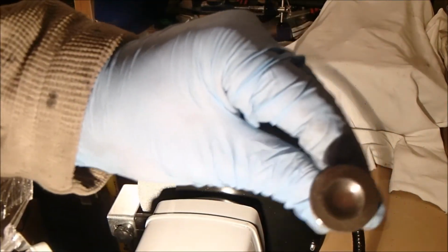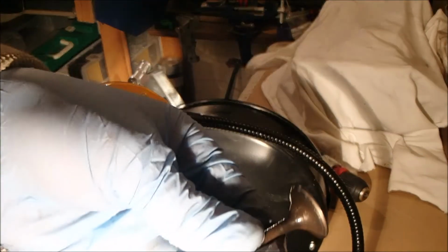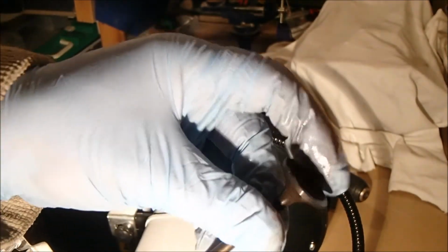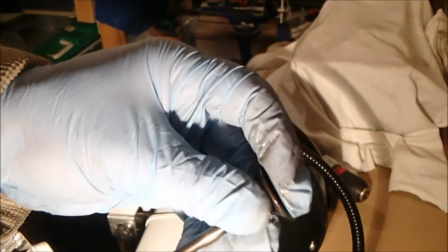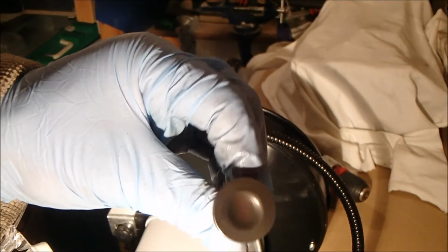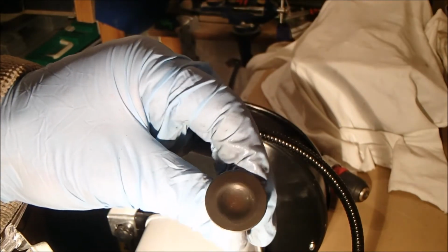Okay, finished article. I have put some oil on it just to stop any rust forming when it's in the bag, but it's come up quite nicely. I had to be a bit more aggressive with it in the end because the deposits on there just were not shifting with the brass wheel, so I used a slightly more aggressive steel wheel, but with very light pressure, and I put the